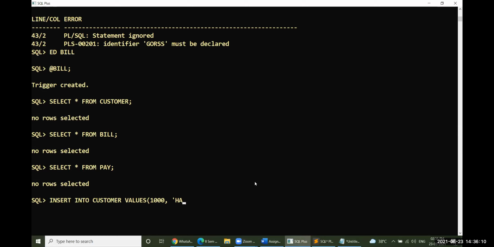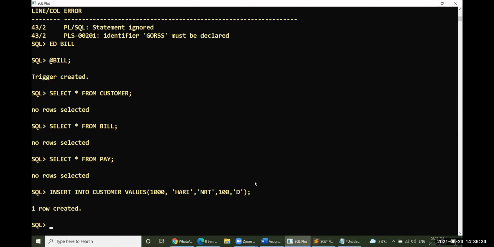Customer name some Hari. Then customer address is NRT. Customer service number 110, otherwise 100. So usage is domestic. For example, this is the first one. Second one, let me take one more, 1001. Some Kumar.